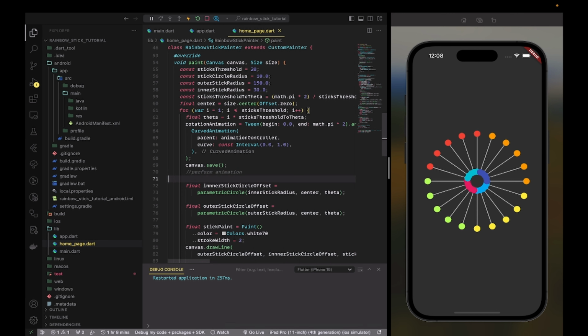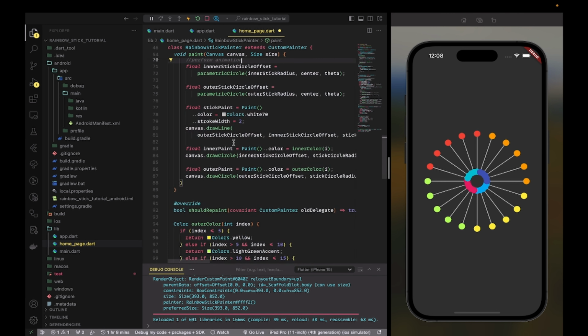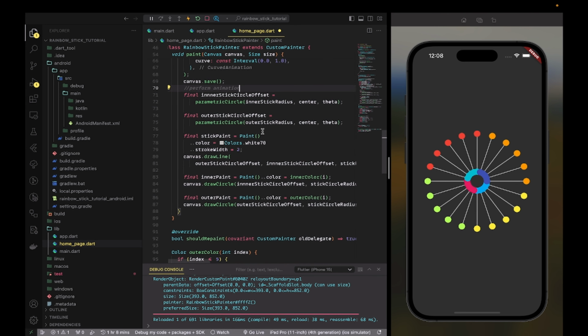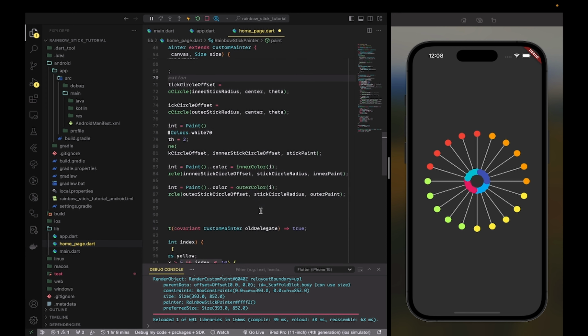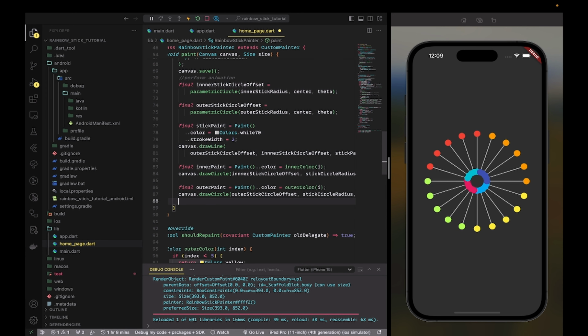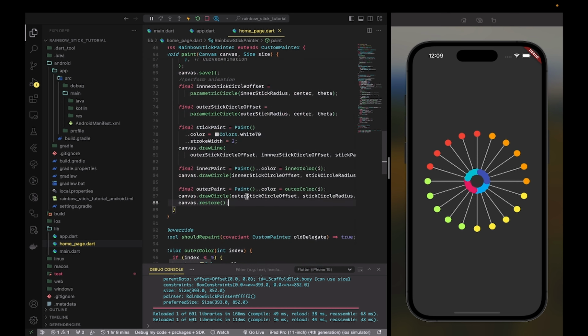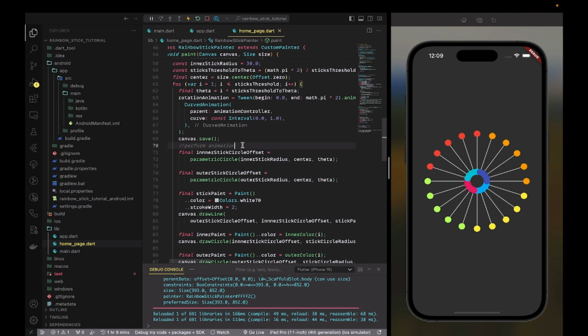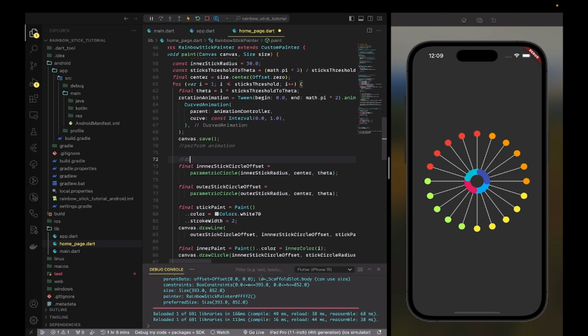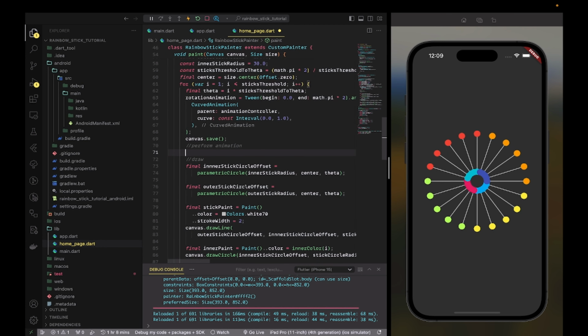After performing the animation, apply it on our stick, and restore the canvas back. So which means we have to perform this thing and draw here. Under this, perform animation, or you can just say do animation,